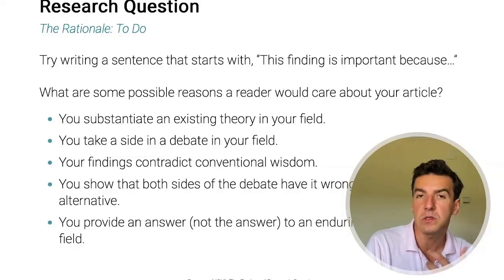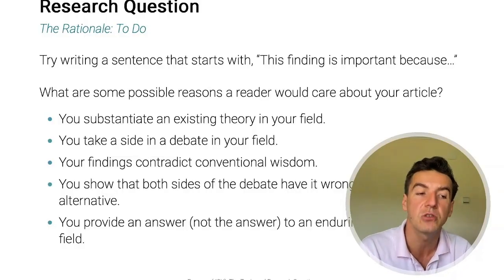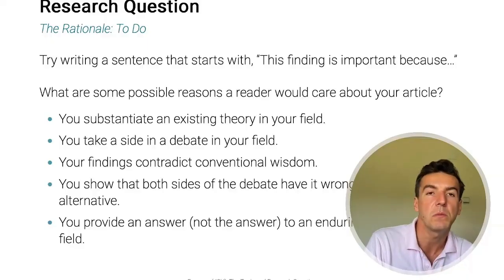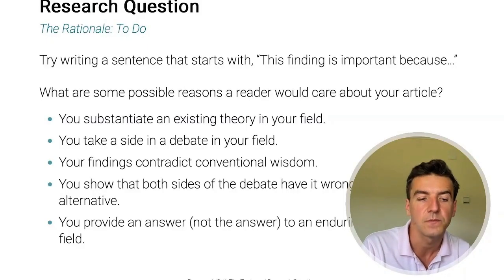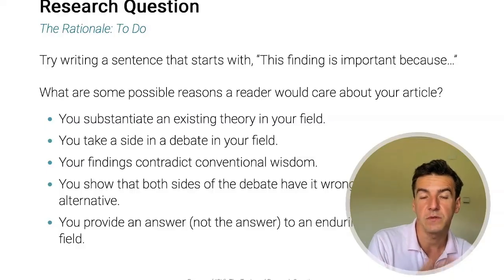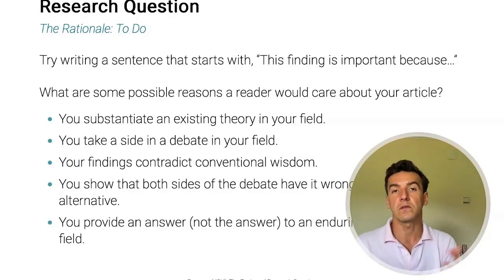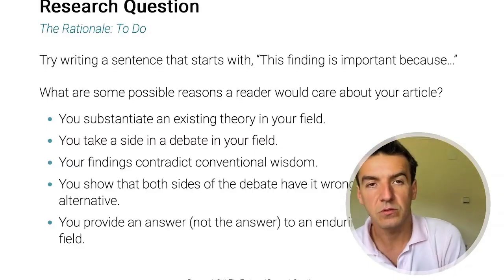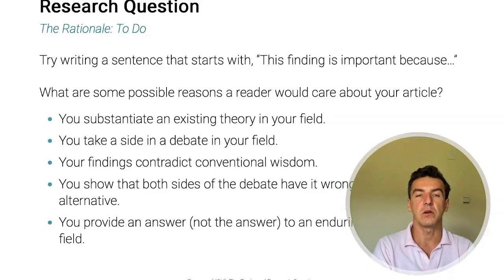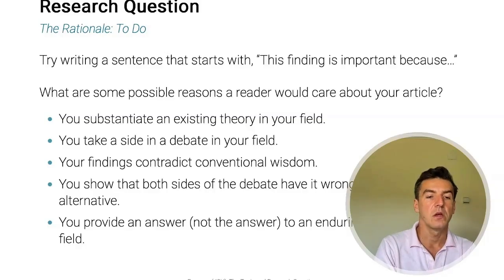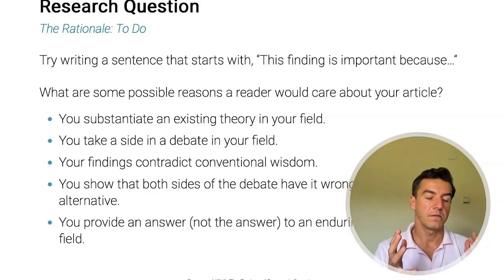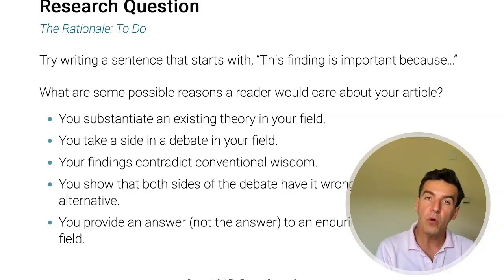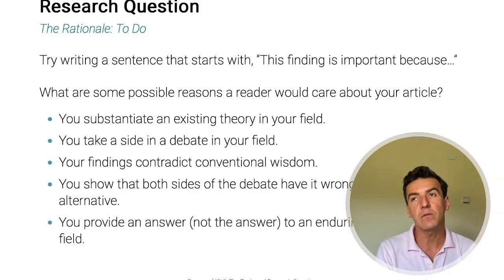evidence. You could also say that your findings contradict conventional wisdom, meaning most people thought about this topic this way, but in this work, I'm actually showing the opposite. You could also say that both sides of a debate are wrong, and then you're showing a third possibility. And then you could also provide an answer to an enduring question in your field that nobody has answered before. So these are 5 different ways to articulate the importance of your